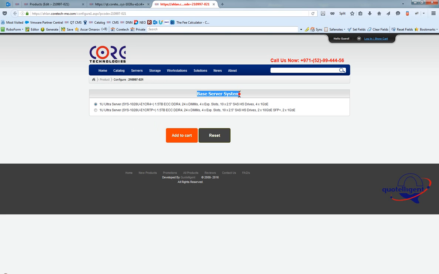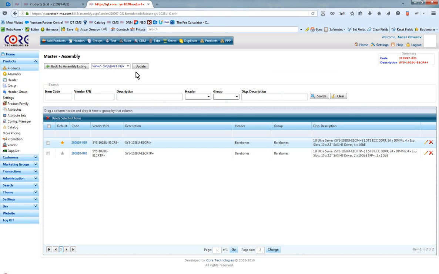This is the header. And in the group settings, we decided that we don't want to show the group name on the configurator page. And we have two products added to the group, and this model is selected by default. So if I want to change the selection, I will click this radio button, but I cannot select both of these products in the same configuration. Let us close the test page, and let us go back to the assembly management page, and here we will